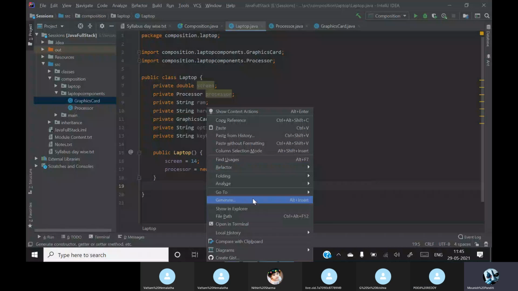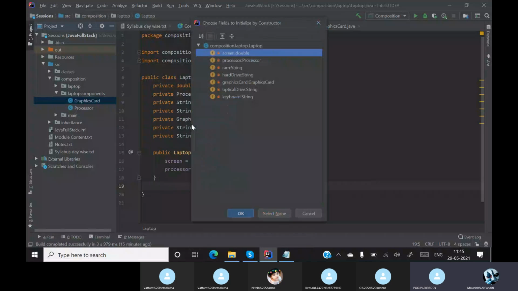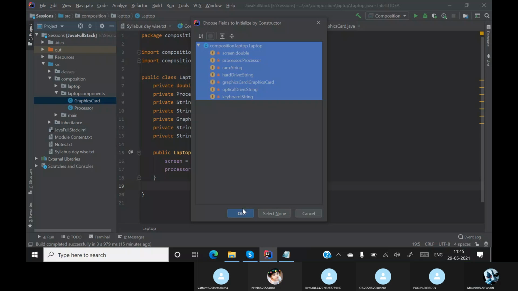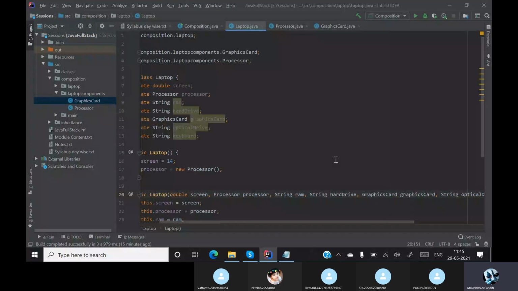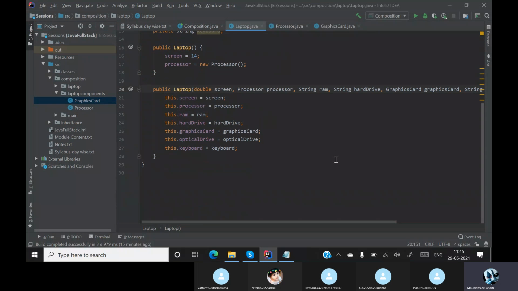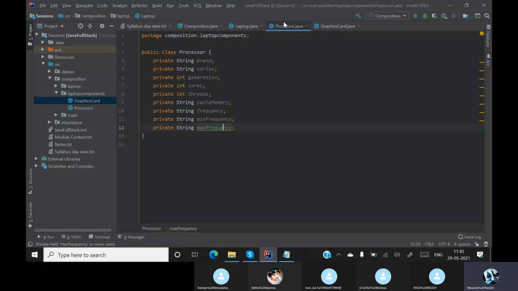Assume that I'll generate a constructor with all these fields and click OK. So I have created a constructor over here. You can see over here a processor, where I'm simply creating an object so that it will map to this processor.